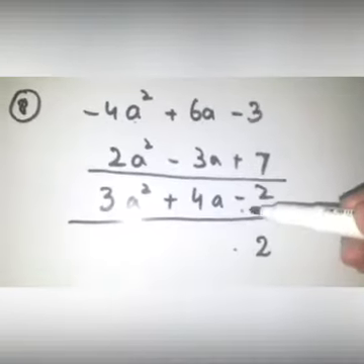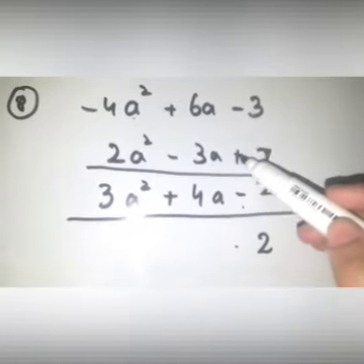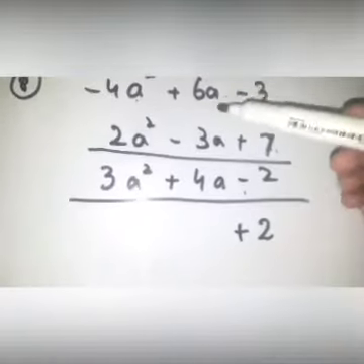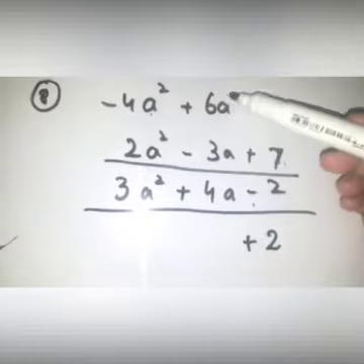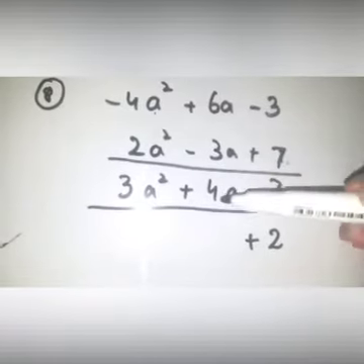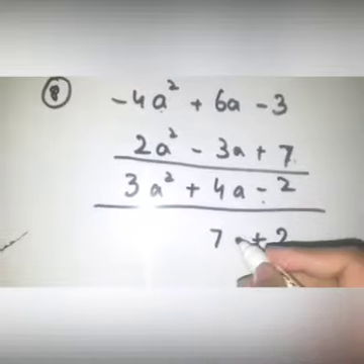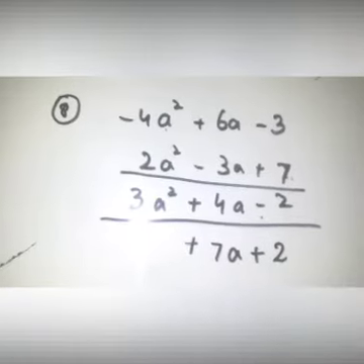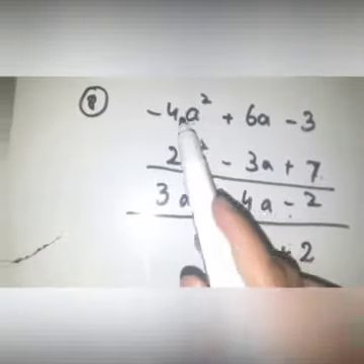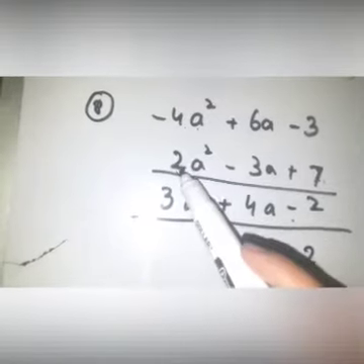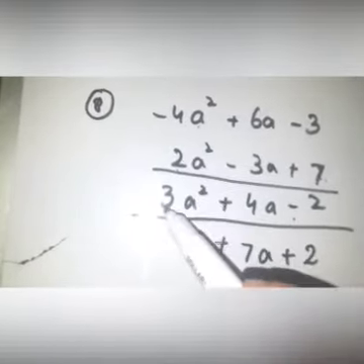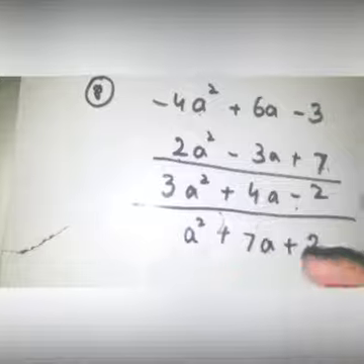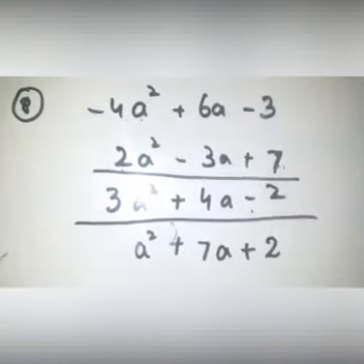Now in these values the 7 is the greater and it has the positive sign, so the plus will come here, and then again 3 minus 6 is equal to 3, then plus 4 is equal to 7a, and 6 is the greatest value and has the positive sign, so we will put plus here. Plus minus minus, it means there is 2 and then subtract 3, so the answer will be a square. That is the answer of part A.